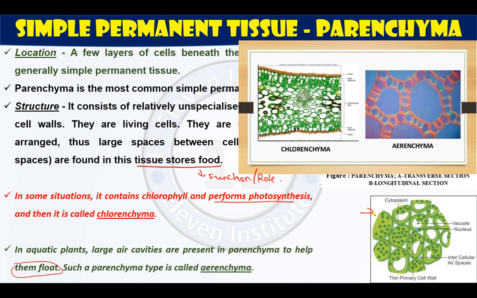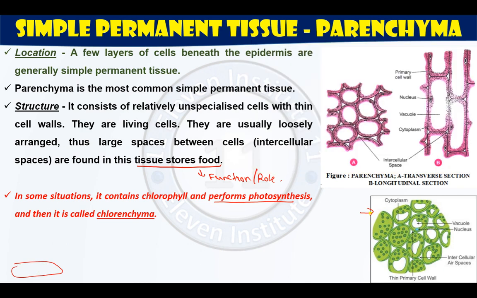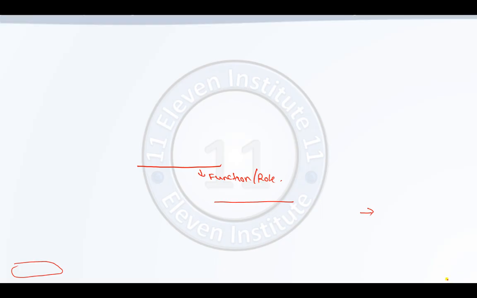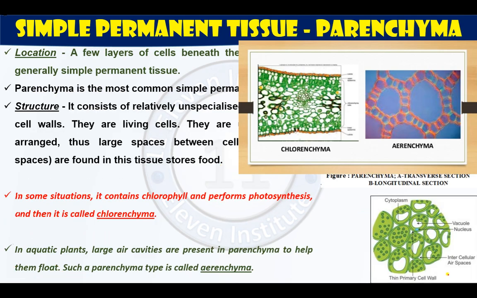You can draw the one which was given in the textbook also. Yes, I will show you this one. You can draw this for parenchyma just for a better idea. Similarly, when collenchyma gets over, you can draw this, and when sclerenchyma gets over, you can draw this. Please try to draw this parenchyma, collenchyma, and sclerenchyma. Let us move ahead,